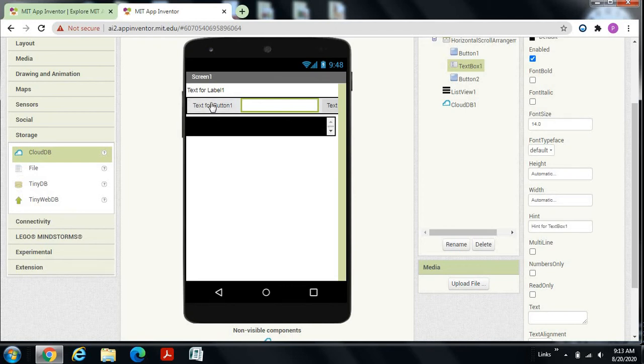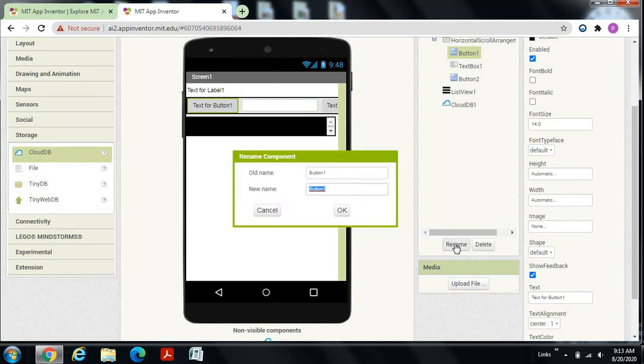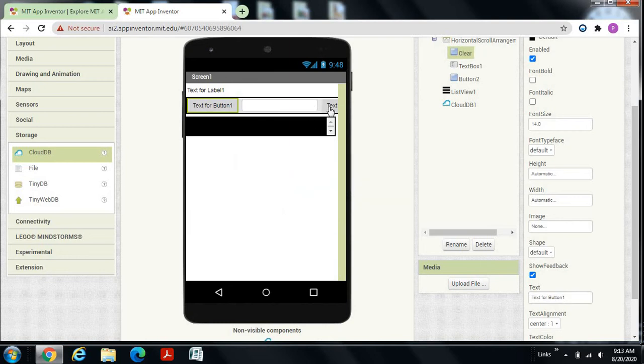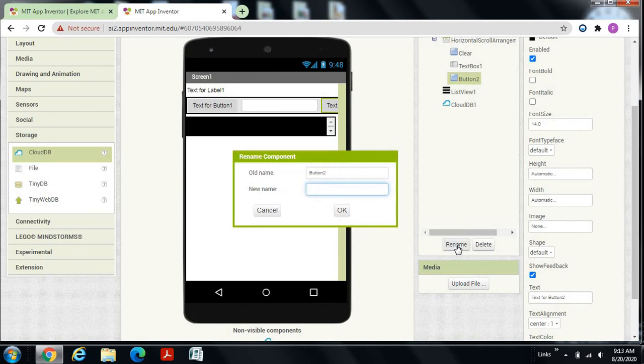For writing the text, click on this one and rename it as submit clear button. I'm going to write clear button. Okay, this much is enough. Now rename this in the components too as submit. Done.